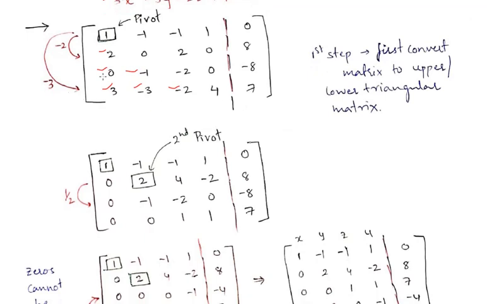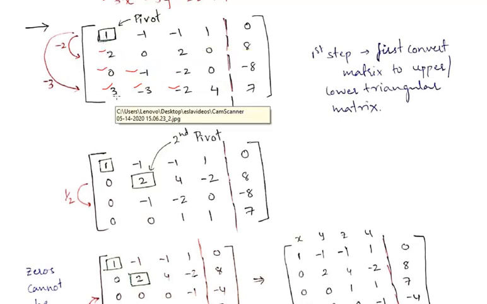Okay, so for the next elements below the very first pivot, we first need to make all these 0. The very first step is to make the elements below the first diagonal element, that is the first pivot element of the diagonal matrix, 0. So these 3 should be made 0. The first one is 2, and we made it 0 by multiplying row 1 by minus 2 and adding it to row 2.